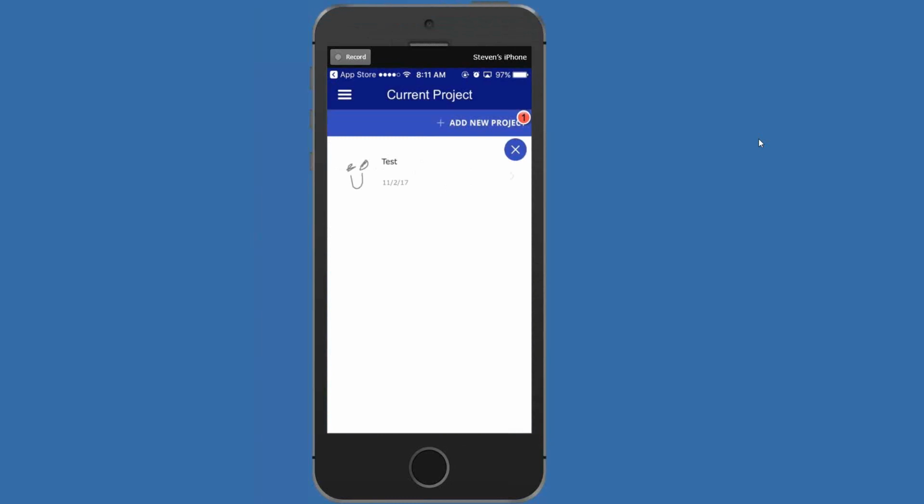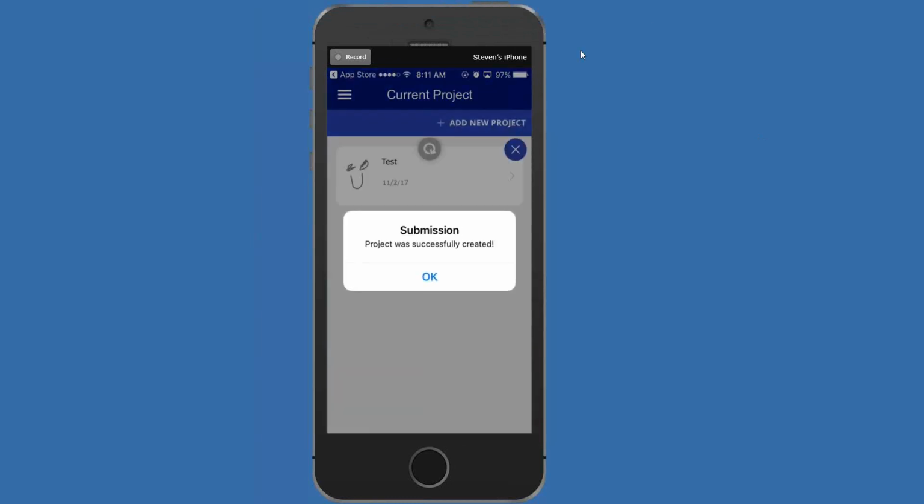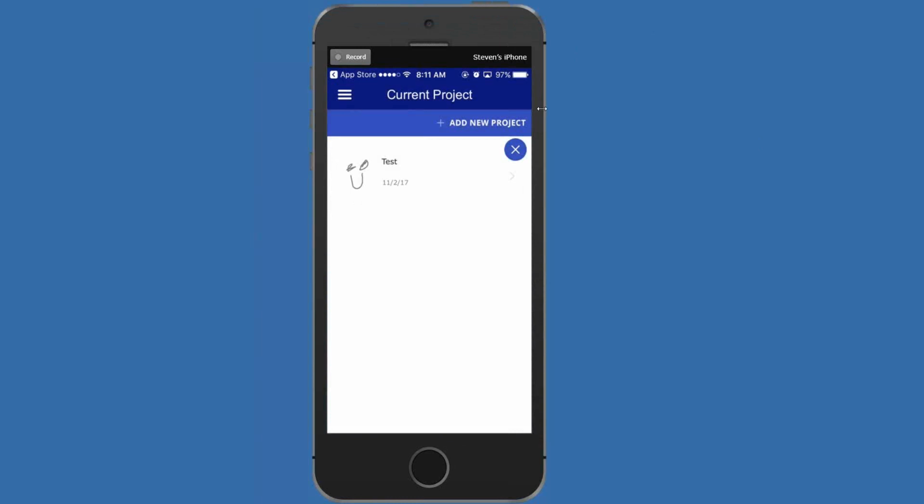All right, so give it a second. If you ever see a 1 like that on the screen, kind of like this guy that was up here, that just means that the app is trying to connect to our server so that it can sync up the data. So once that happens, your project will be successfully created, and you'll have a nice little project there sitting waiting for you. So if I click test